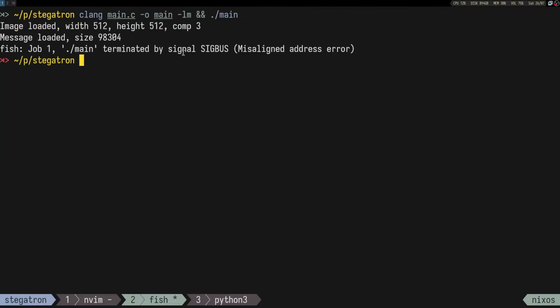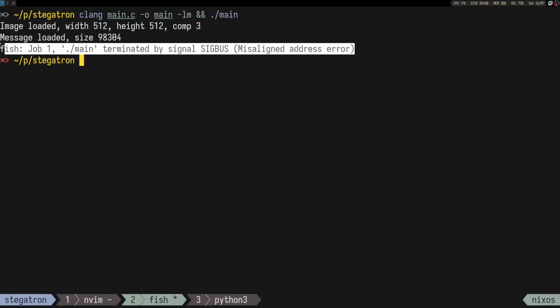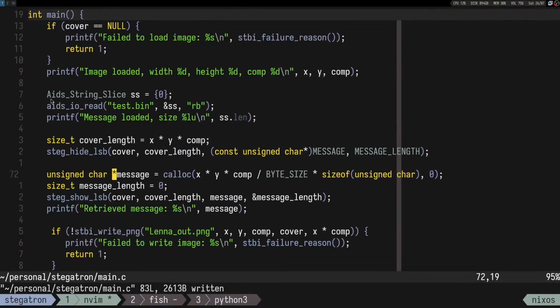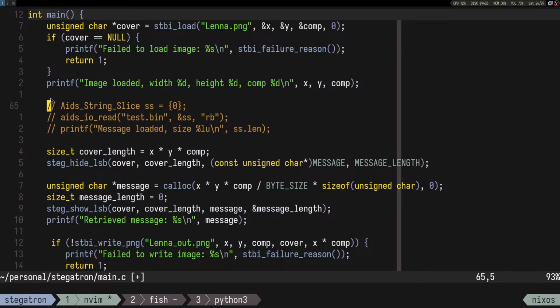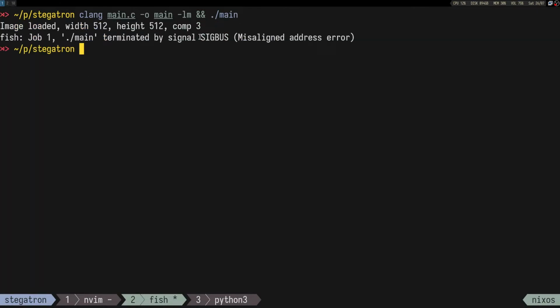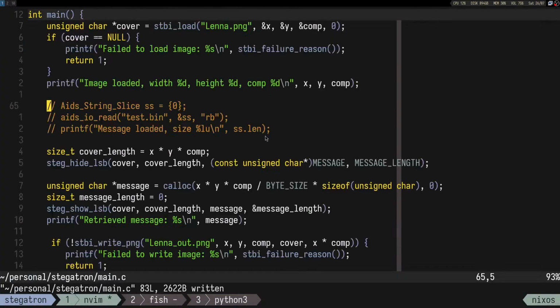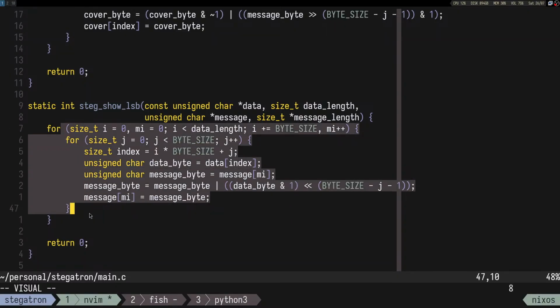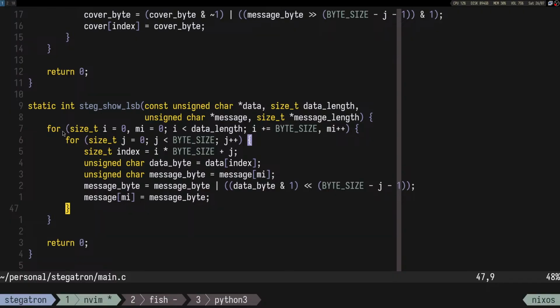So, Sigbus, what the heck? Well, I mean, we don't need to read this thing anymore, so let's just remove that. Honestly, I never seen this error before. That's interesting. Sigbus misaligned address error. Okay, let's make sure that the decoding works properly. So we are iterating the entire data, right? And I said here that we want to